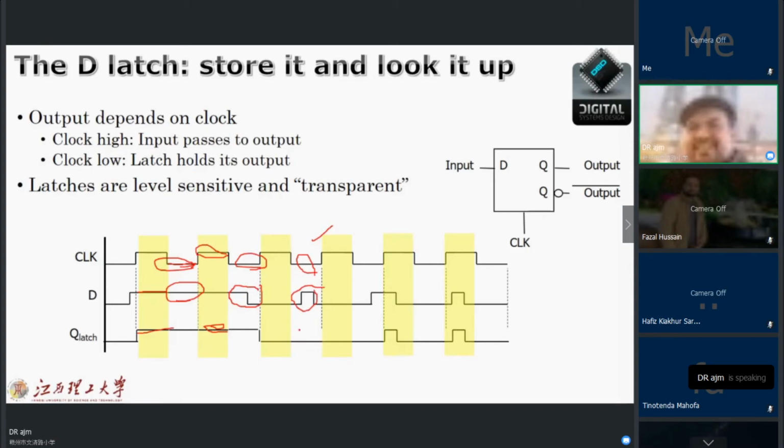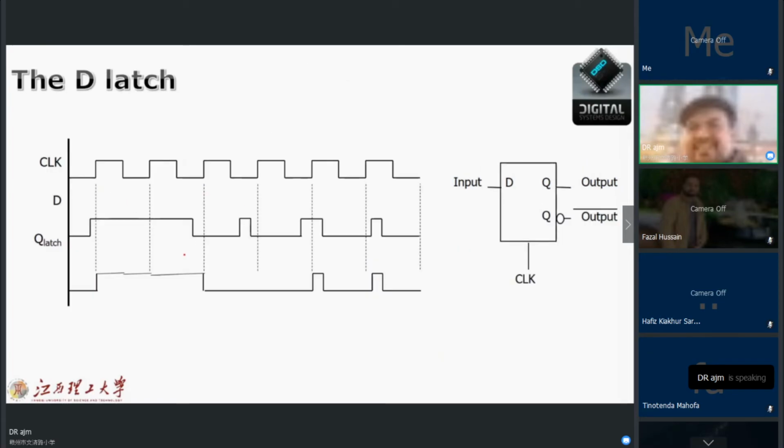You can see, then D is not difficult. D is a very simple type of latch, which depends on the clock. When the clock is present, then the inputs will continue, and whenever it goes down, it will keep or hold the previous state that we have. Okay. If we want to show this latch, it's shown like this with the inputs,